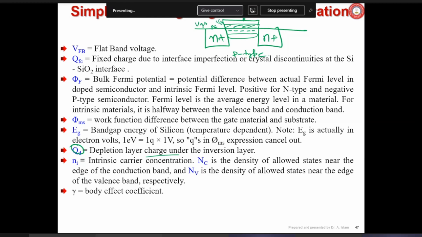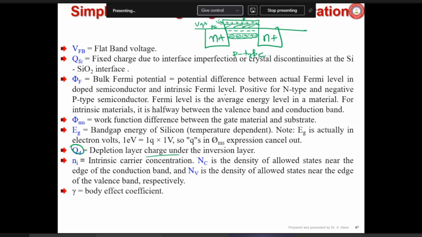Sir, negative layer. Yes, you are correct, because you have applied a positive voltage at the MOSFET. So positive gate voltage is applied with respect to source, so positive charges have been deposited here. So holes will be pushed down. Holes have come down, leaving behind what? Negative ions. Okay.